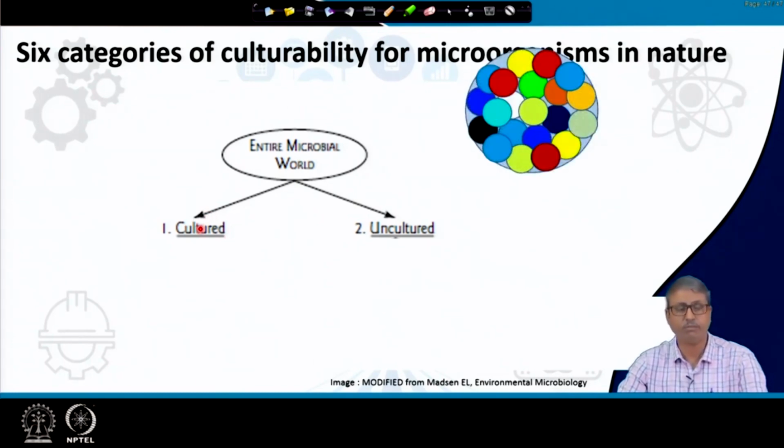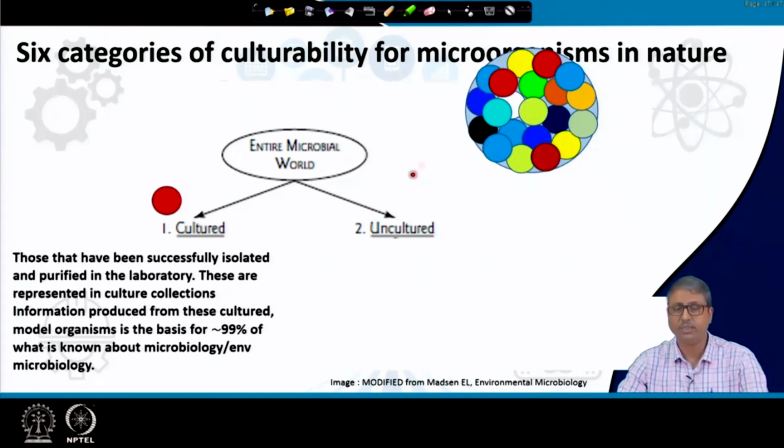And if we take a cartoon for that, we will see that out of a total community, only maybe 1 out of 100 will be cultured. So, cultures are those organisms that have been successfully isolated and purified in the laboratory. If we take up this cell or colony or strain and try to identify it, you will find that it has been previously identified as a cultivable member most of the time, and these are